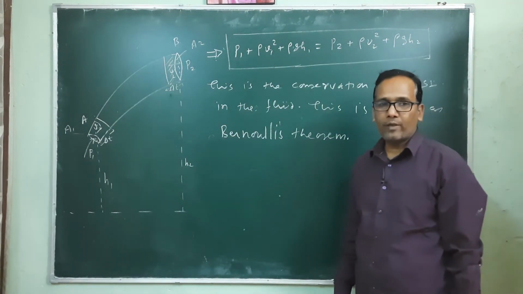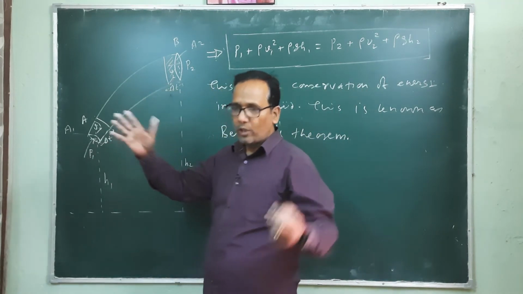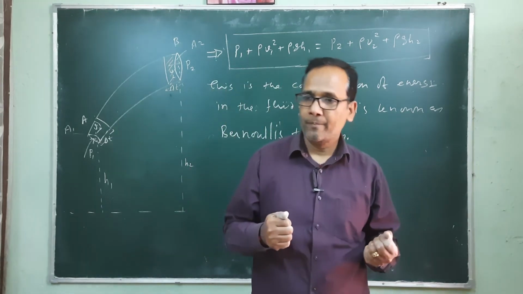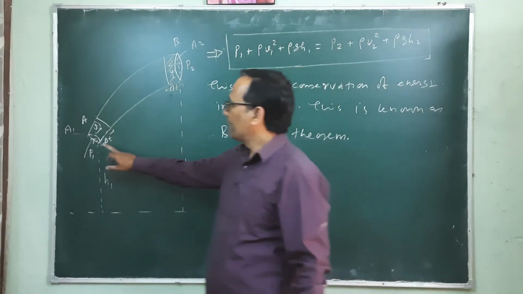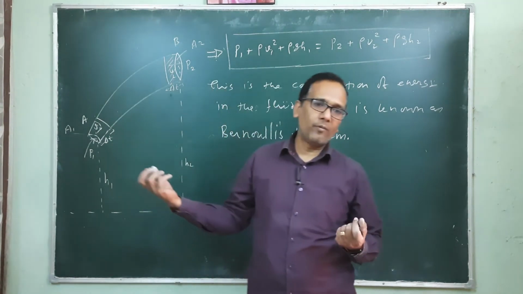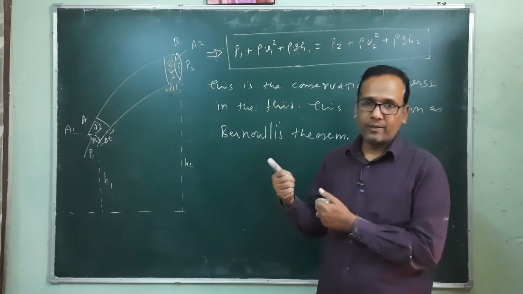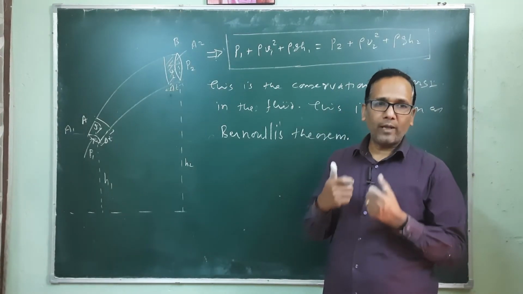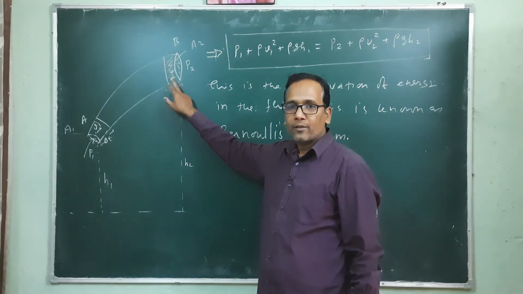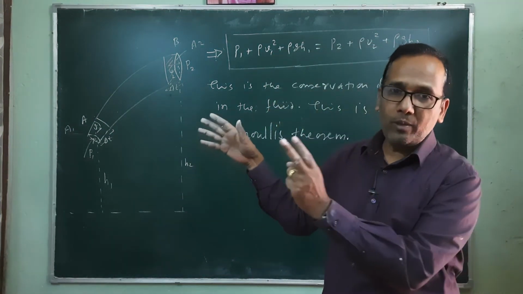And for the calculation, what we have to do is calculate the work done at both ends, the total work done. Remember, during the calculation you have to take care of the positive and negative signs. Work done on the liquid has a positive sign here. Work done by the liquid, because the liquid is coming out from the second end of the pipe, has to be taken with a minus sign. So the total work done will be P1 with a plus sign and P2 with a minus sign.